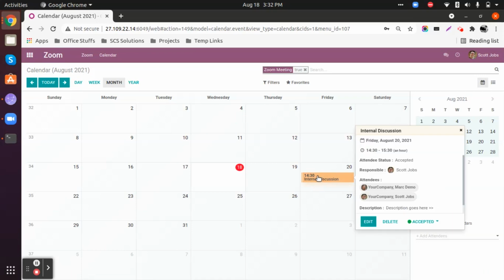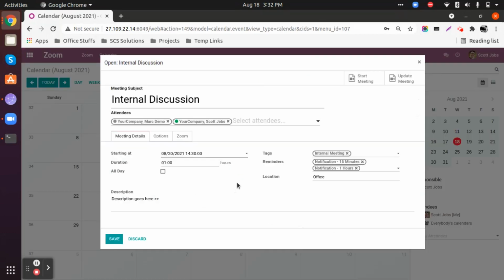We always have an option to click on the meeting and check through the other things. By default, for the host, it will show us accepted, because of course if the host is scheduling a meeting, then he will have nothing extra to do apart from the meeting. But yes, we have an option to edit the information of this meeting, right? If we are making any changes over here, in any of the forms or windows, make sure you're clicking on update meeting, because otherwise the latest changes will not get reflected